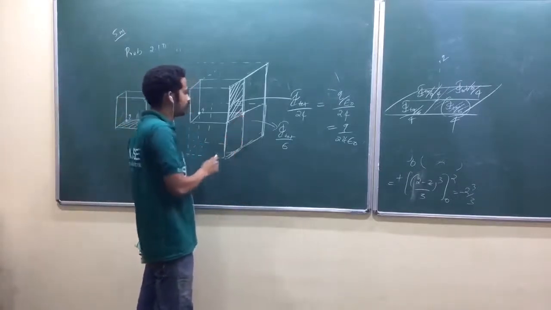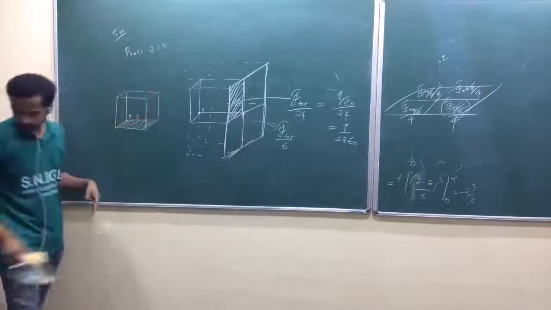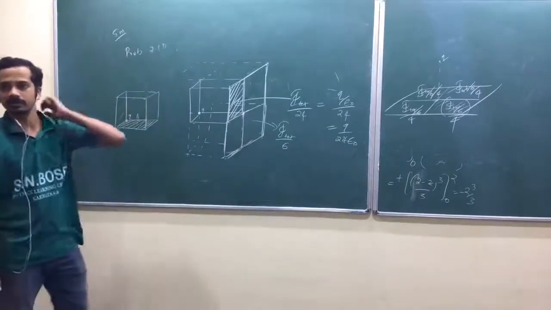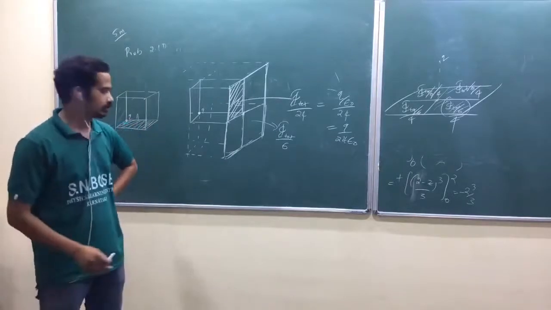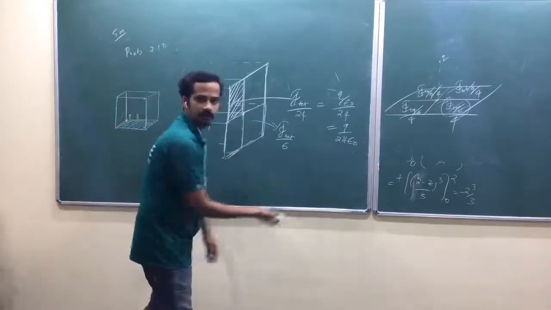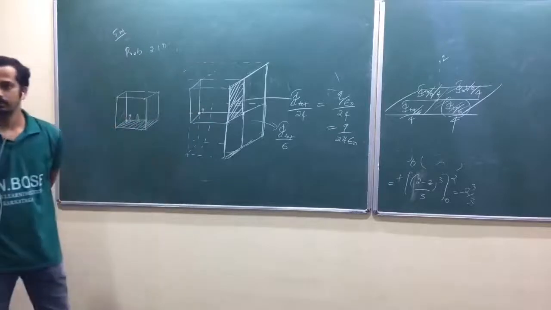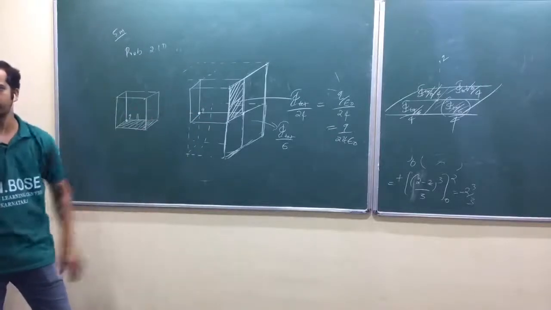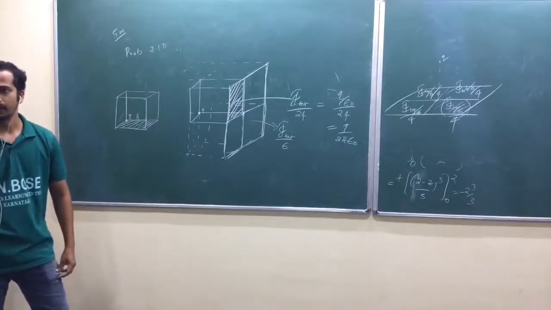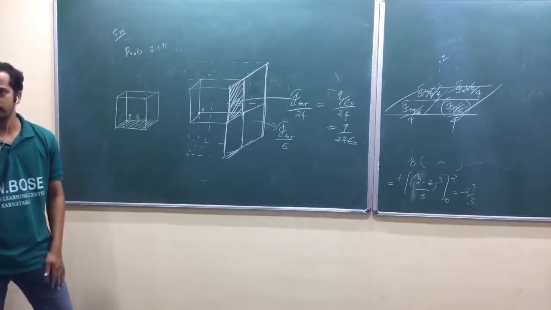Exactly at this point. Now, to talk about flux, you have to talk about area first, isn't it? So flux is defined like this: E dot dA or E dot A. You have to talk about area. Obviously, you will get some flux if you take a small patch of area. Are you arguing that is maximum like that?